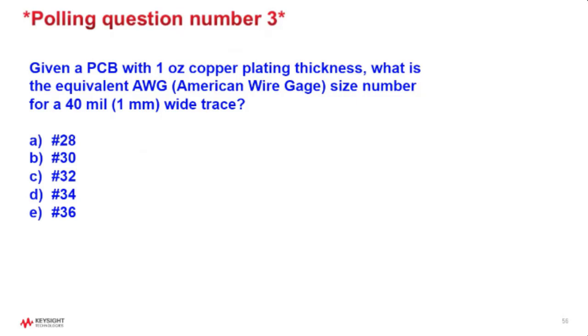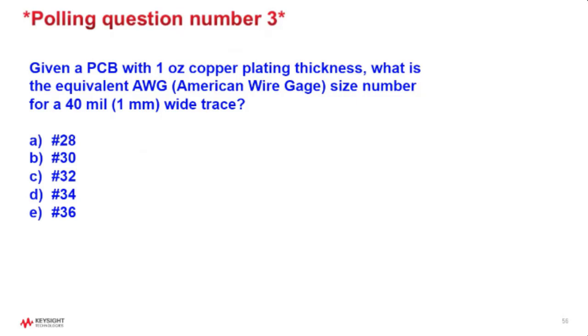Same 1 ounce copper PCB. This time, instead of a 4-inch wide trace, it's a 40 mil trace, 1 millimeter wide. What's the equivalent wire gauge for that? And while you're entering, I'll tell you the quick thing that you can do is, a lot of people don't